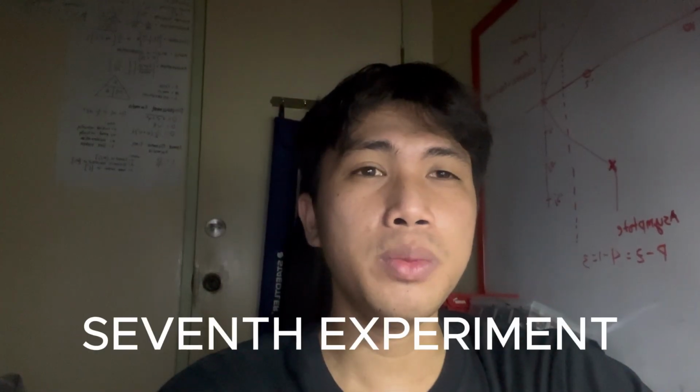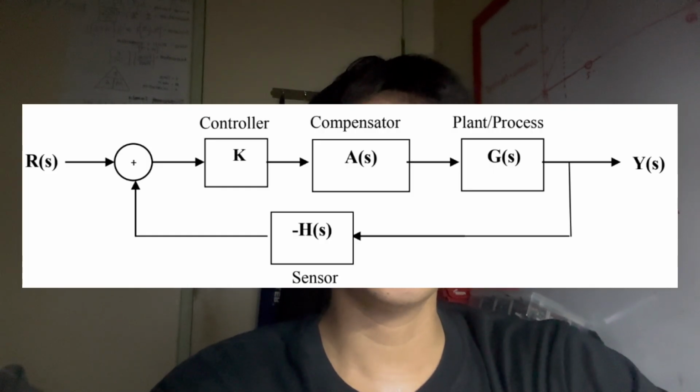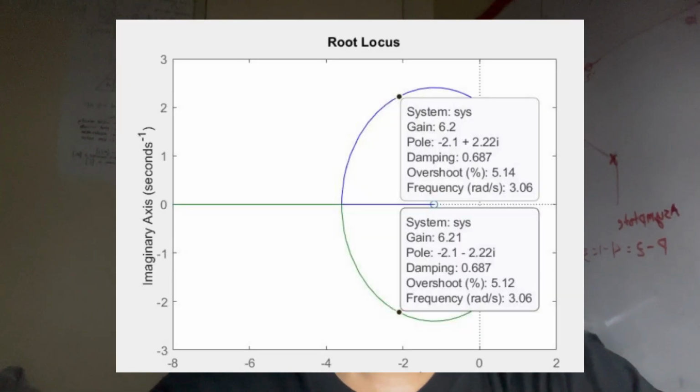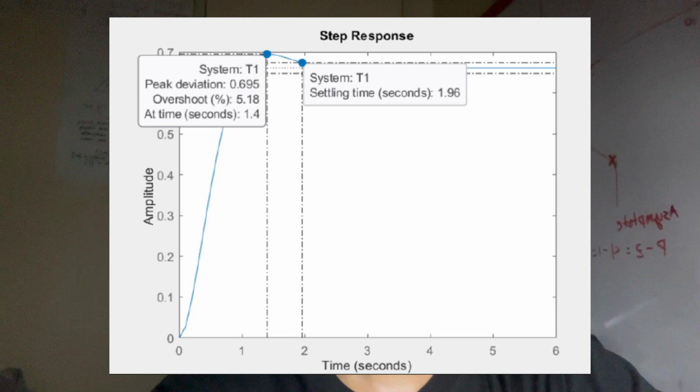In experiment number 7, it expanded my understanding of root locus through controller design. In this activity, I learned how compensators and additional zeros can improve system performance to meet design requirements. I realized that not all systems naturally satisfy performance specifications, so engineers use compensators to improve overshoot, settling time, and stability. Using MATLAB and the SISO tool, I observed how adjusting zeros and gains changes the system's response and helps meet desired